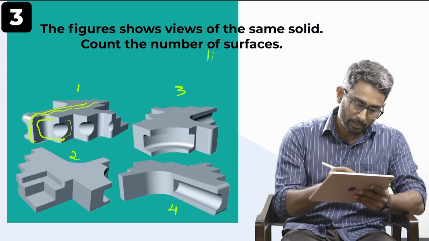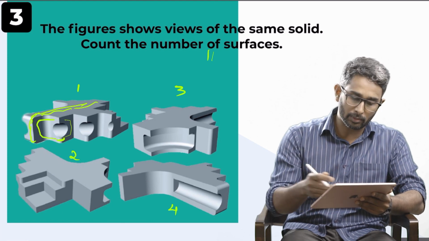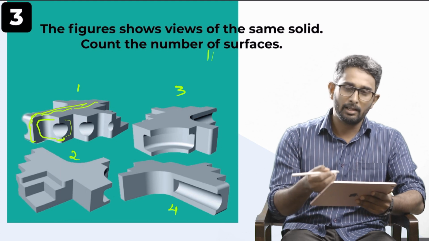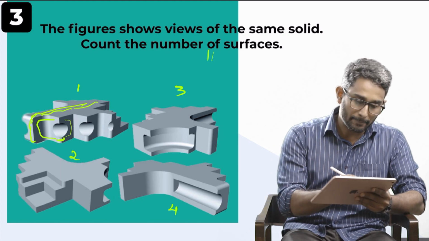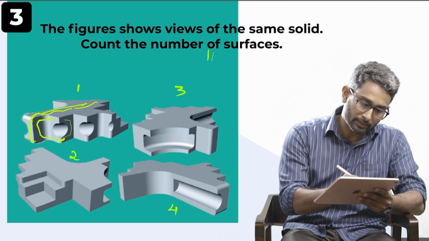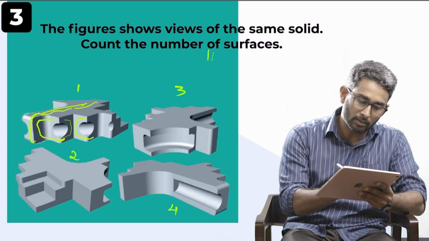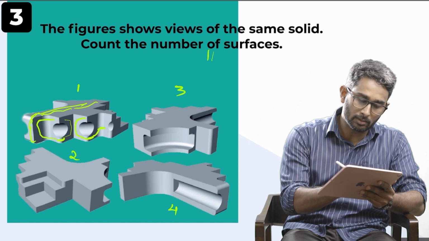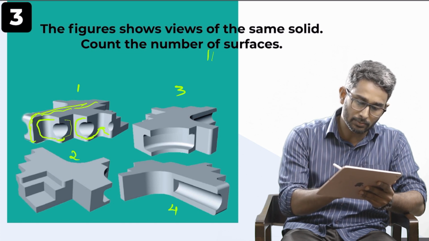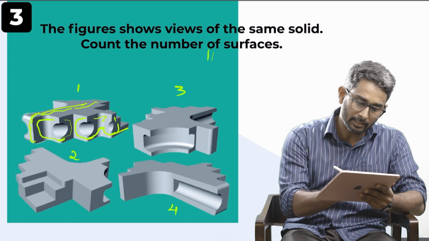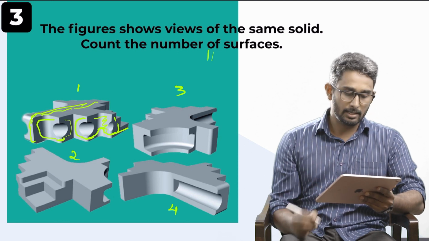Next, again you have to apply the same principle for the whole process. This is a little bit time consuming. You have to be patient with the question, then you will get the correct answer. So observe this one. This one also starts from here, then there is a curvature, it extends towards here, and again here also there is a curvature, it also extends towards here. There is another curvature here. So the whole surface here should be considered as a single surface.